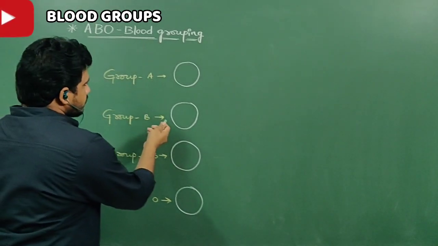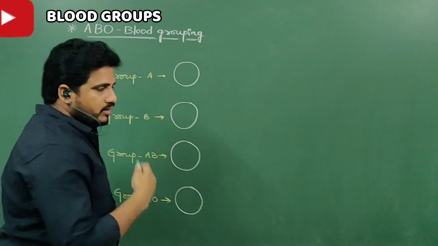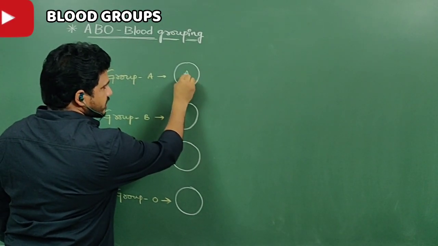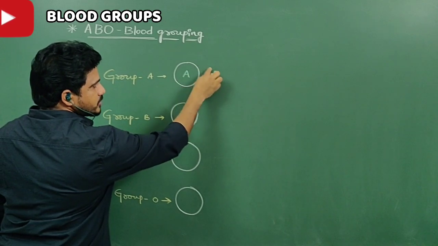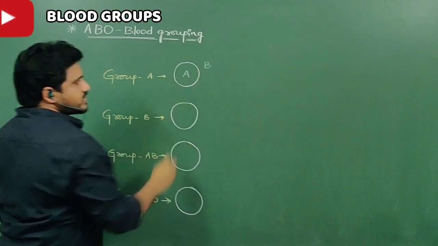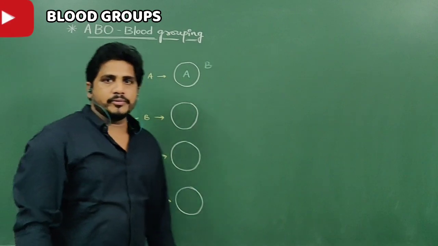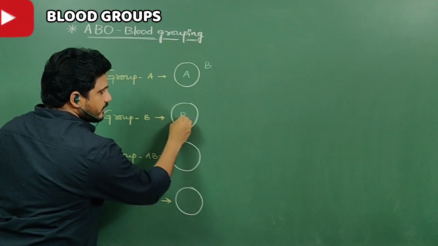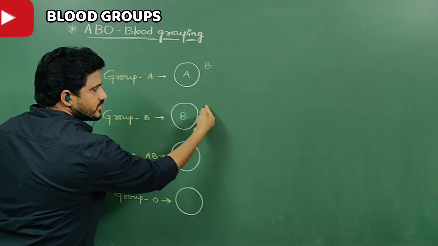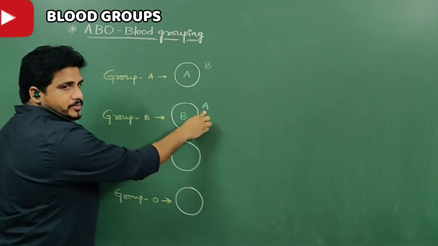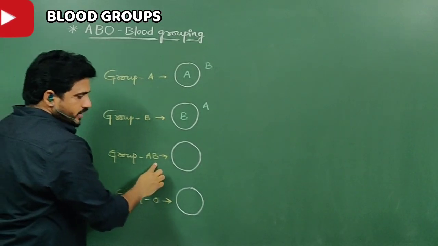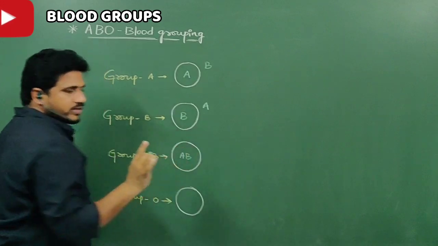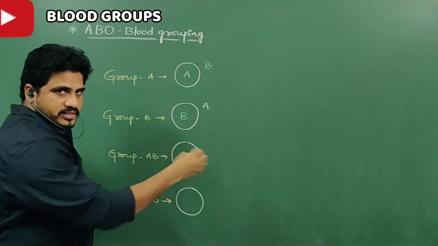On the other dimension, blood groups can also be represented like this. In an A group person, on the RBC, antigen A is present. Outside the RBC, this is plasma now, antibody B is present. So this is the symbol of an A blood group person. Whereas in a B blood group person, on the RBC, B antigen is present, and outside the RBC in plasma, antibody A is present. Whereas in blood group AB, both antigen A and B are present, but here no one is there, so it will be nothing.